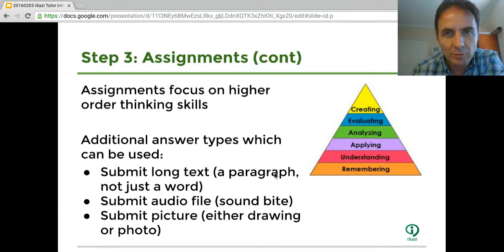Obviously, all of this will be shown in the training materials, in separate videos. Or submitting a picture. Picture's great, especially for things, one of the questions around a small screen is how will I teach people things where, if I'm a maths teacher, how do I teach them mathematical equations and graphs? Well, the answer is you tell them, draw a picture on a piece of paper and take a photo of it with your phone, and then you look at the photo.